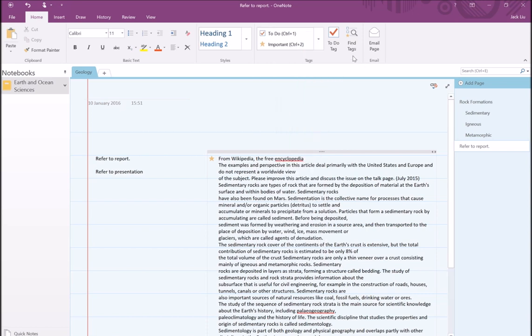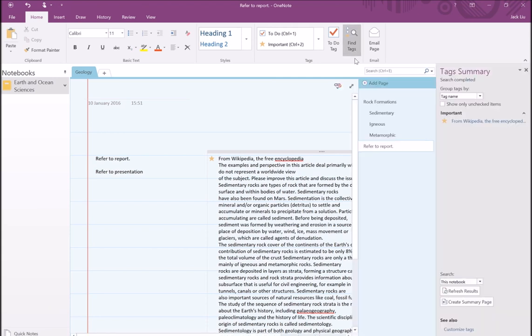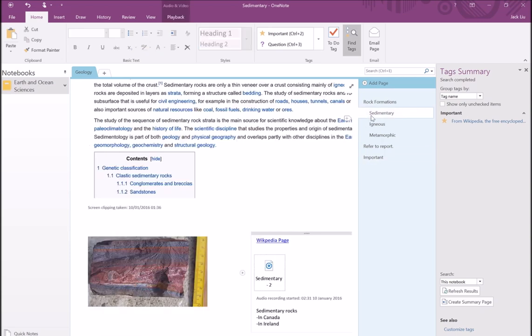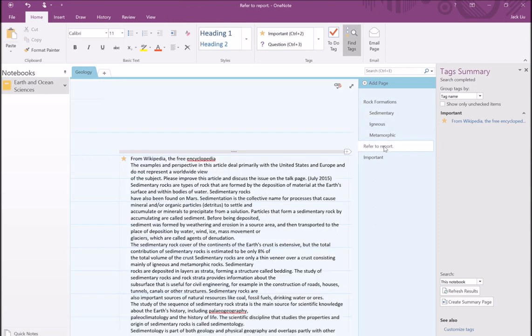So you would do that by going to the Find Tags menu and then creating summary page at the bottom here. So I'm actually going to go back and then tag a little bit more throughout my notes. So for example, my sedimentary rock page, I want to tag my images as highlight and my audio recording as important, and then go through my report portion and then put in, for example, question tag